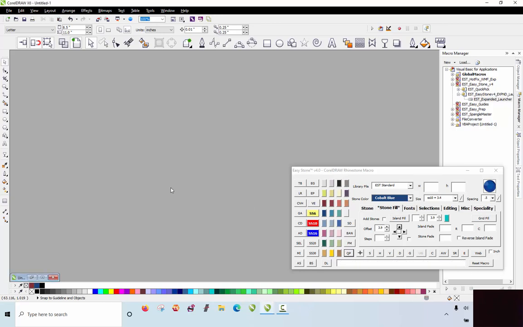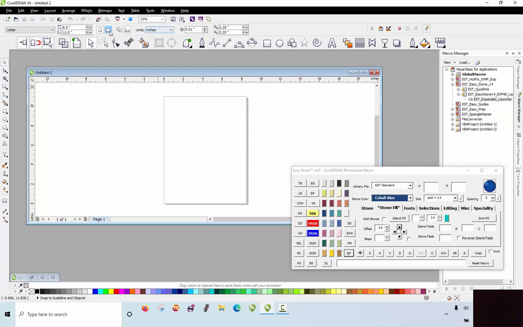In this video, we're going to be taking a look at a new design here. So let's go ahead and just create a new document. And let's go ahead and import our artwork. Now I'm using CorelDRAW X6, and I'm using the 32-bit version of CorelDRAW, but I'm working on a Windows 64-bit